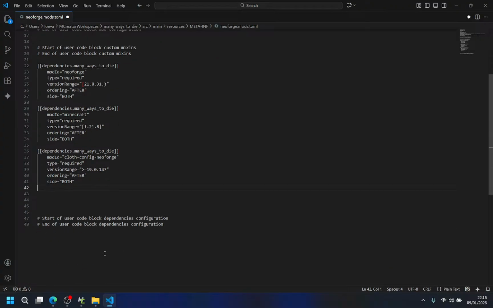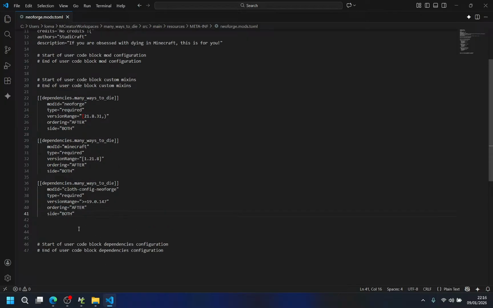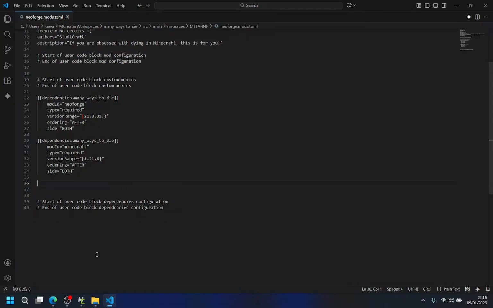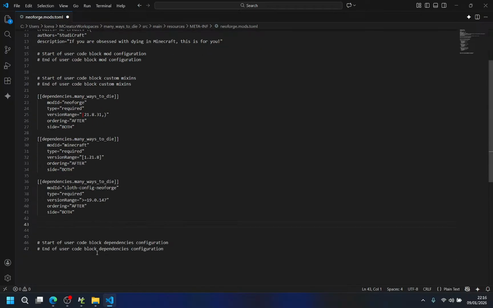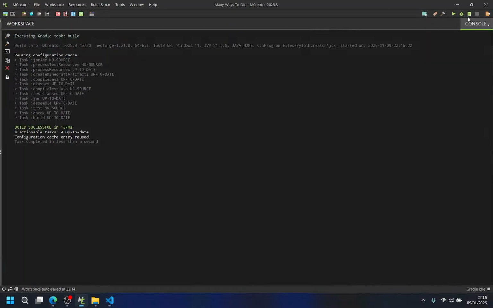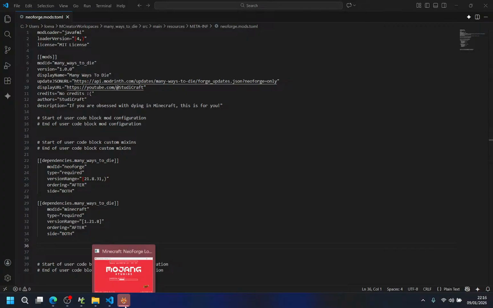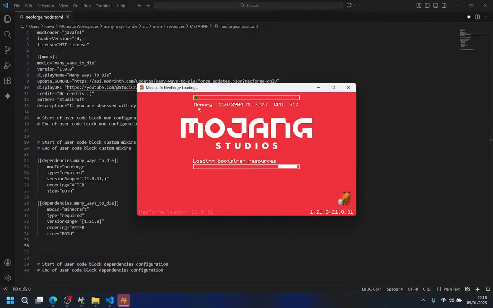Okay, let's try this. I save it. Now I try to build a workspace. It erased everything I've done. Okay. Oh my. Now it's gonna run, but without the thing I've said. So yeah, how does it even work? Why does Gradle every time not work like this? It just won't work.